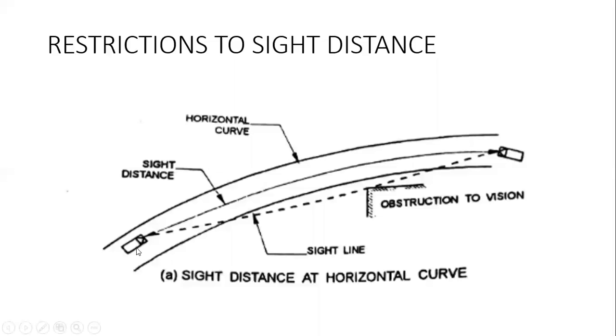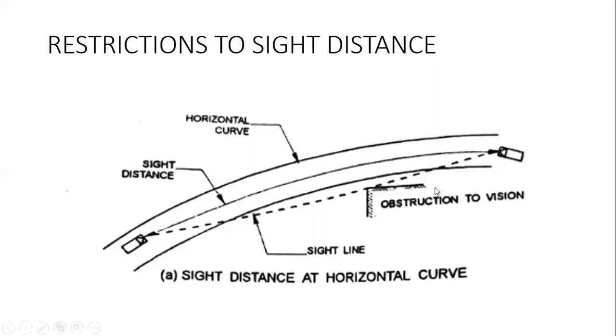You can see here one vehicle is coming from this side and the other vehicle is coming from the other side. I'm just showing with the pointer. So what happens when the vehicles on either side are traversing this horizontal curve? What happens towards the inside of this horizontal curve? You remember when you're driving along a curve, sometimes on either side there will be some obstructions like trees, or in some cases buildings, right?